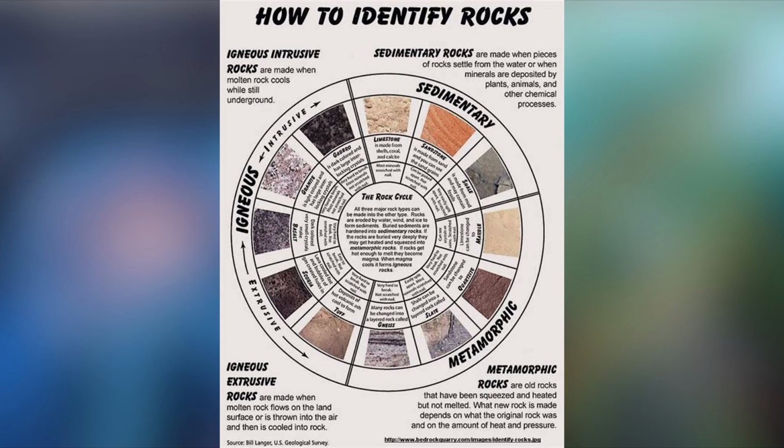Moving on to sedimentary rocks. These are the most common rock that you probably see if you just pick up a random rock on the Earth's surface, although it does depend where you live. Sedimentary rocks are formed by sedimentary processes, so they're formed on the Earth's surface by the accumulation and sedimentation of fragments of other rocks and minerals, and sometimes organisms as well. So fossils are only found in sedimentary rocks, for example.